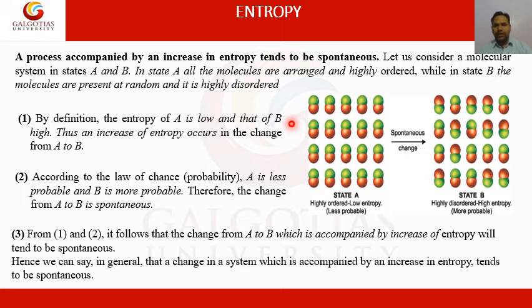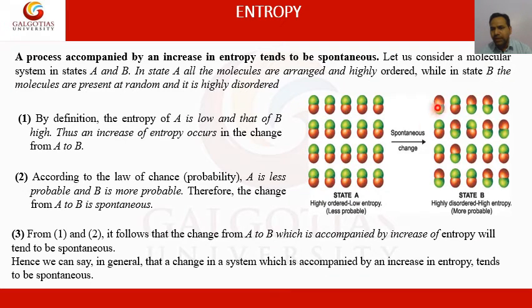So a process accompanied by an increase in entropy tends to be spontaneous. Let us consider a molecular system in a state A and a state B. In state A, all the molecules are arranged and highly ordered. Here they are showing the highly ordered molecules, while in state B, the molecules are present as random and highly disordered. The red portion and green portion